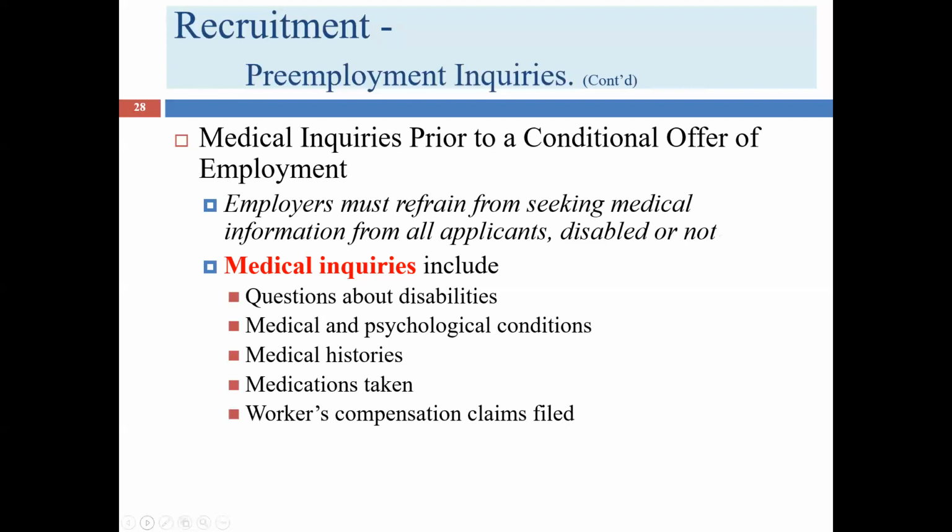Now there's something in the law that we call a conditional offer of employment. We all know what an offer of employment is when the guy tells you or the woman tells you you got the job, or at least you're being offered the job. Maybe you'll accept it, maybe you won't, but you can accept it. A conditional offer of employment, you can probably figure out what that is, and that is when the potential employer says, we would like to offer you a job if you can do X or you can do Y. And oftentimes the if is going to be if you can pass a background check or if you can pass this particular test.